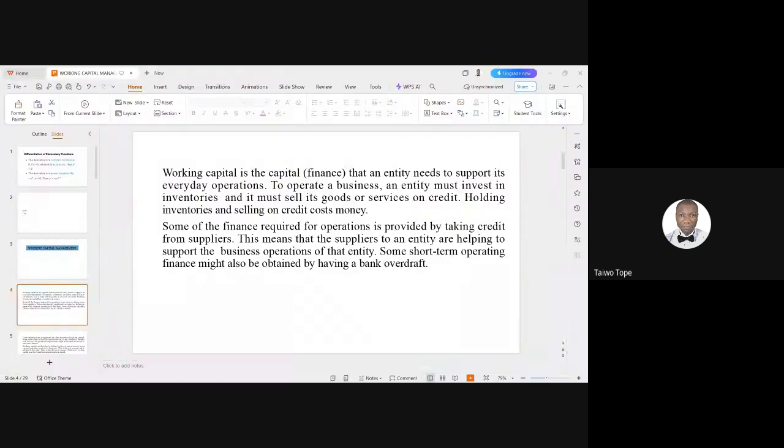When you have a large figure for debtors, be sure that recovering that money might not be 100%. So it's better you put up a credit policy that keeps you on the neck of those debtors. You keep sending messages to see that the